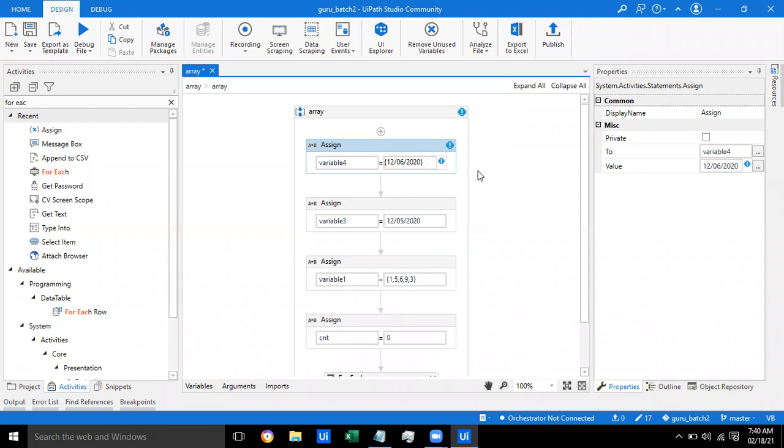How to separate one element from another? I think you have to use a comma. Yes, we are supposed to use a comma to separate.